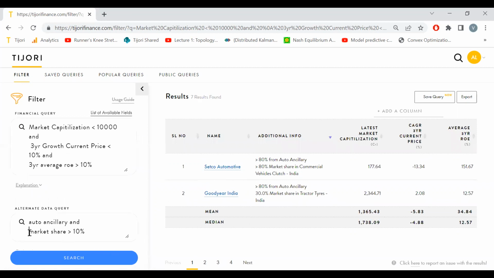Searching or filtering by companies which pass some financial parameters of yours is possible in many places. But to also add a criterion like market share more than X% is something that's differentiated with us and something that's very useful and very heavily used. That's just one example.